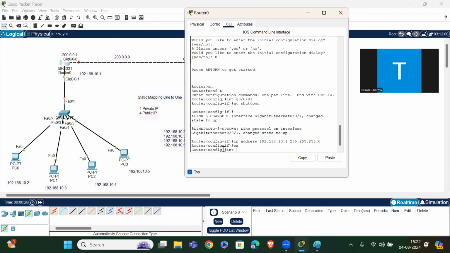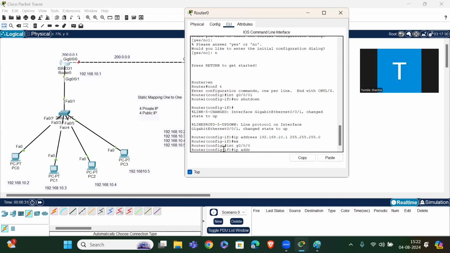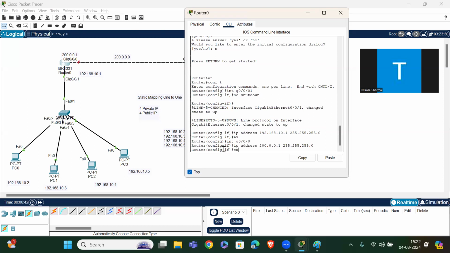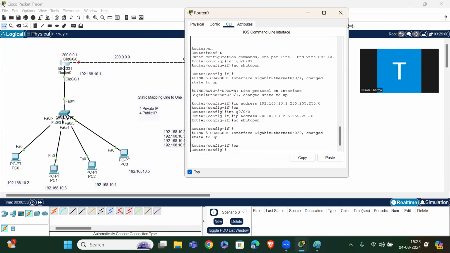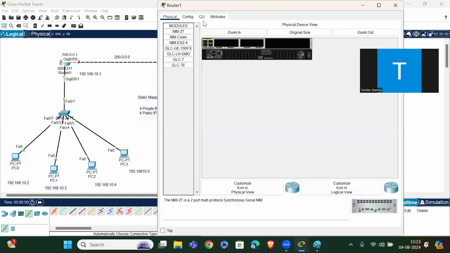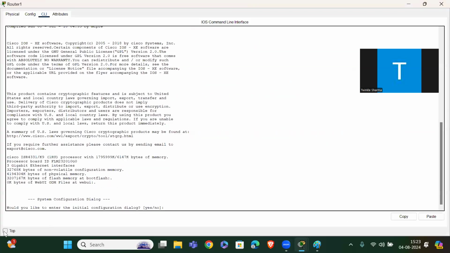Interface G0/0/0, IP address 200.0.0.1 255.255.255.0, no shutdown, then exit. Done.